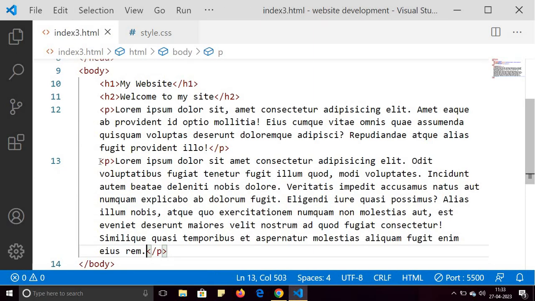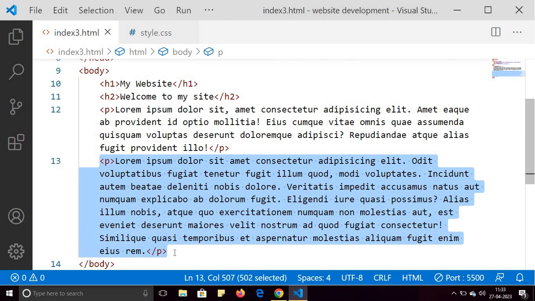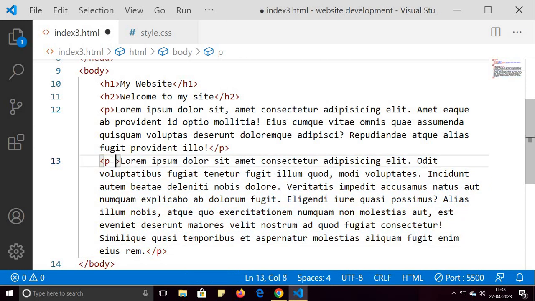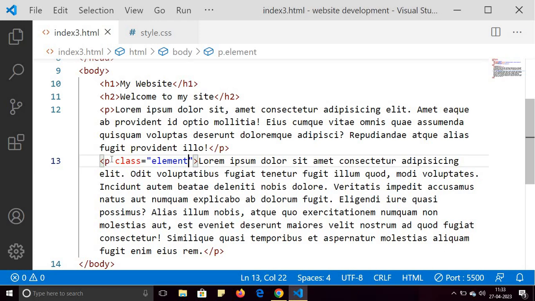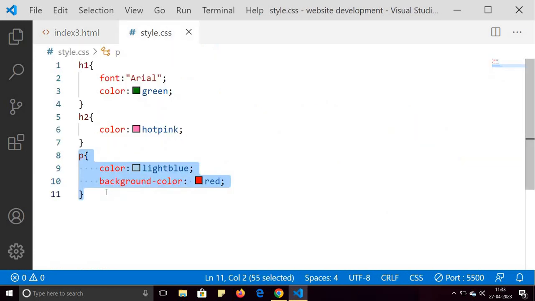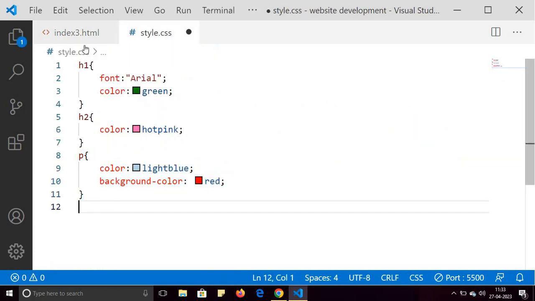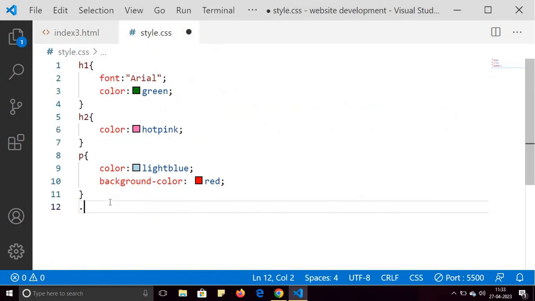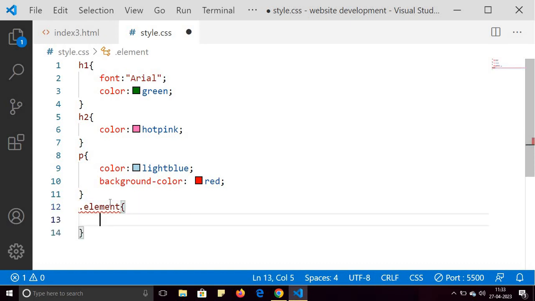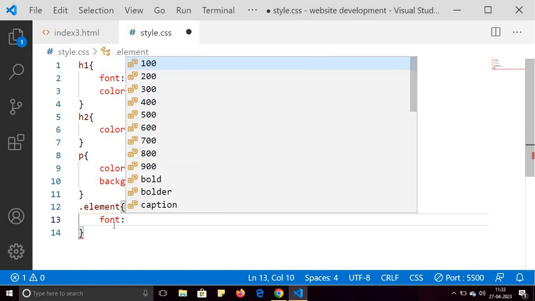And what if you want to change the style of this second paragraph only? In that case, you will use class, and here you will give any name. Let's say I will give this class the name element, and then go to the style, and now I will apply the CSS for this class only. And for that you will use dot and then the name of the class, so .element, and here let's say the font is